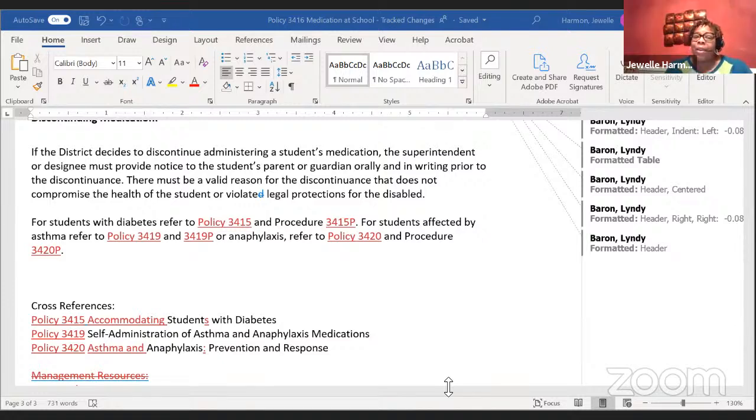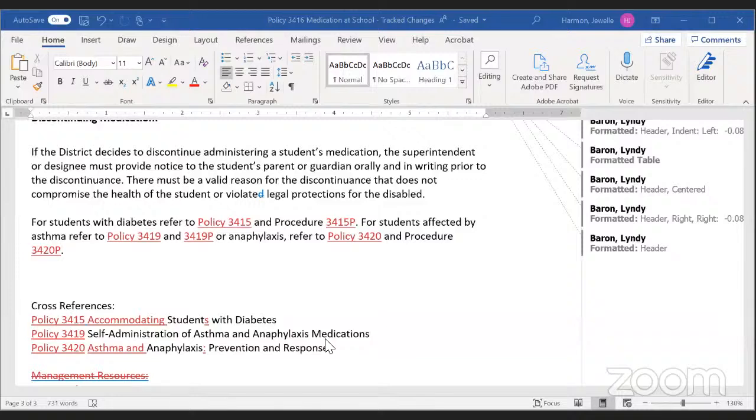I was also checking on 3419 and the WASDA model, and I apologize. I do usually send the model policy for reference when I send these to you all. The model for 3419, although we can bring it forward, was last updated by WASDA in 2012. So this is an instance where ours might be a little more current than WASDA's, but it's still worth a review. I can make sure that's there for second reading so you can take a look. Lindy, I'll be happy to help you in any way with that. And it looks like 3420 was last revised in January of 2015 for us.